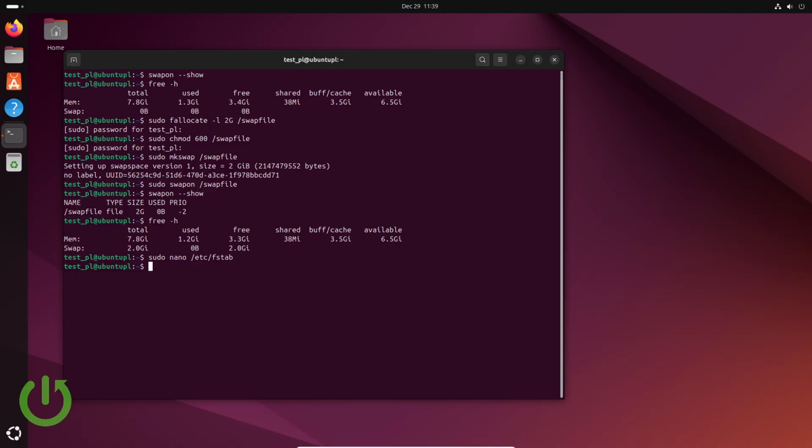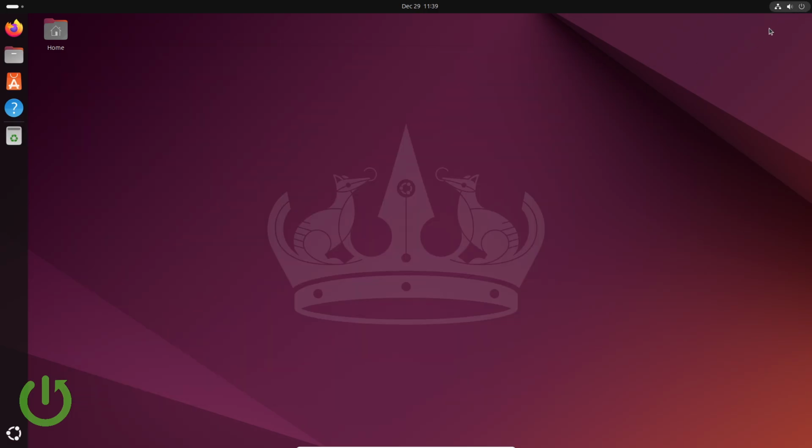And right now we can test that with sudo swapon -a. If we don't have any errors or mistakes, that means that it is working correctly. But to make sure, I will now restart my system, and we'll check if after the restart our swapon command and free command will show us our swap memory at 2 GB. So I will restart it right now,